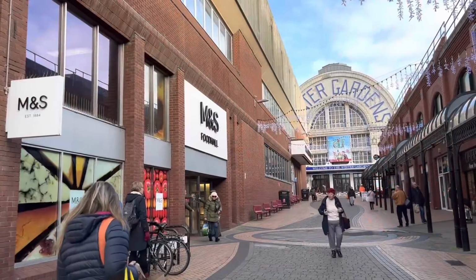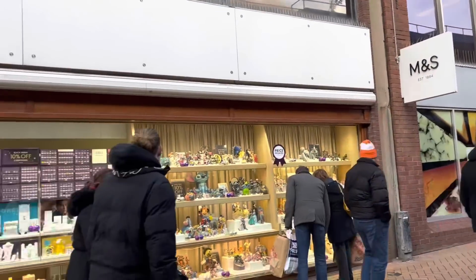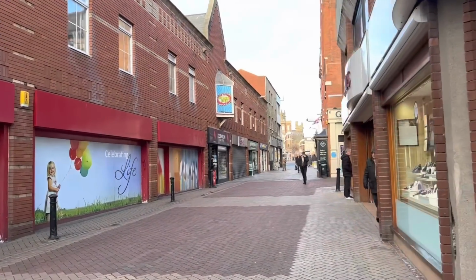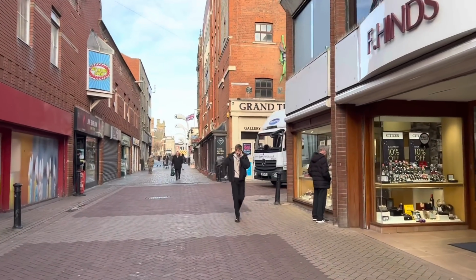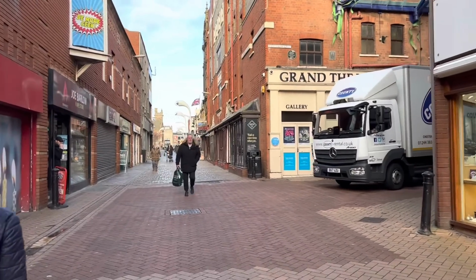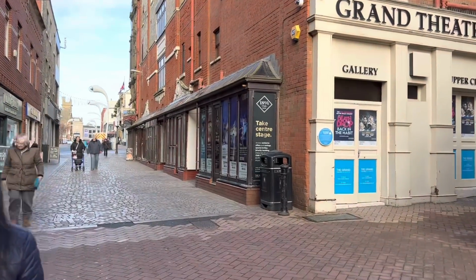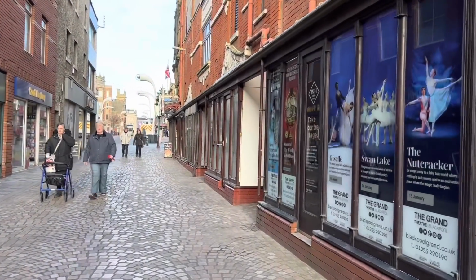And of course, the thing I didn't mention on my way past is that Blackpool Council have bought the Marks and Spencer's building. There's a few years left on the lease, so they'll be able to recoup a significant proportion of the outlay that they've made. But it does mean that they've got control over a big town centre shop, so they can renegotiate a lease with Marks and Spencer's when it comes up for renewal, and they can also control what might happen to it if it were to become empty at some point,